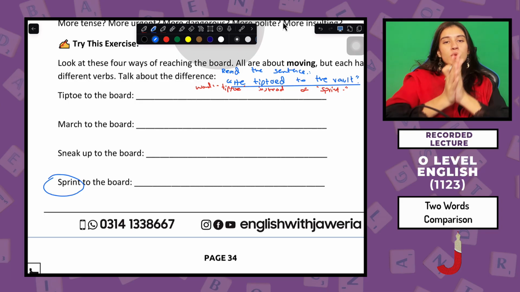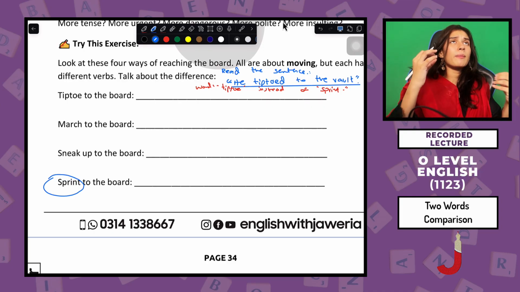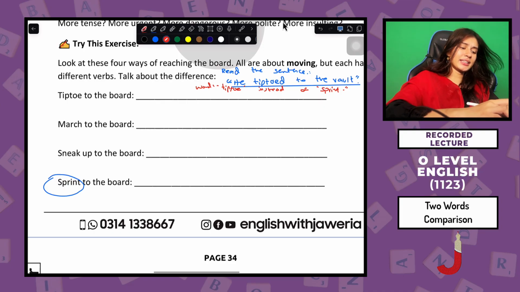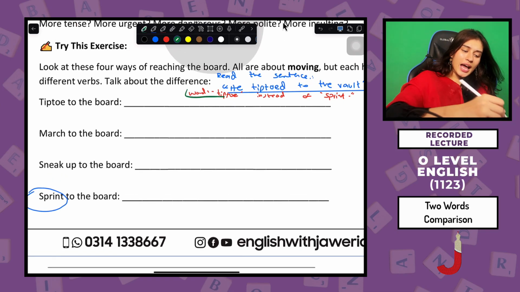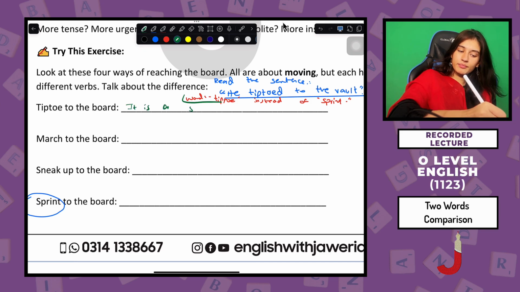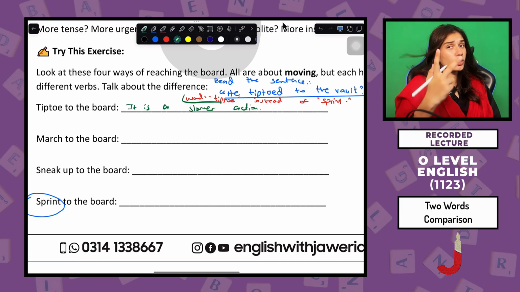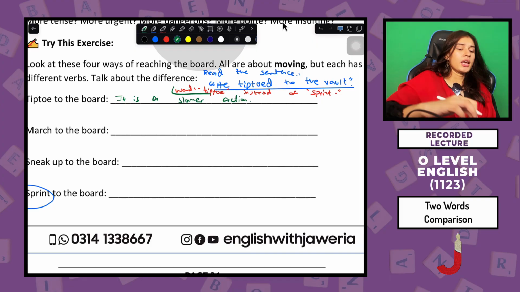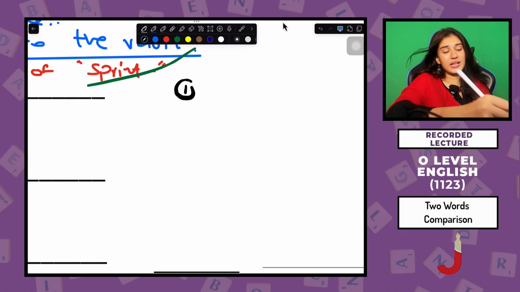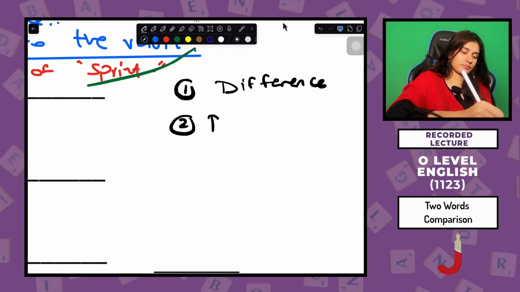So beta, to actually answer your question, you'll write 2 complete sentences. The first sentence will talk about the key difference between the 2 words. So what is the key difference? Once again, I think the key difference is speed. So you could say that the writer has used the word tiptoe because it is a slower action. That's the key difference. And the second thing you're going to be writing about is the result that's created in your mind after reading that word. So the first thing you're going to be writing about is the difference, and the second thing is the result.